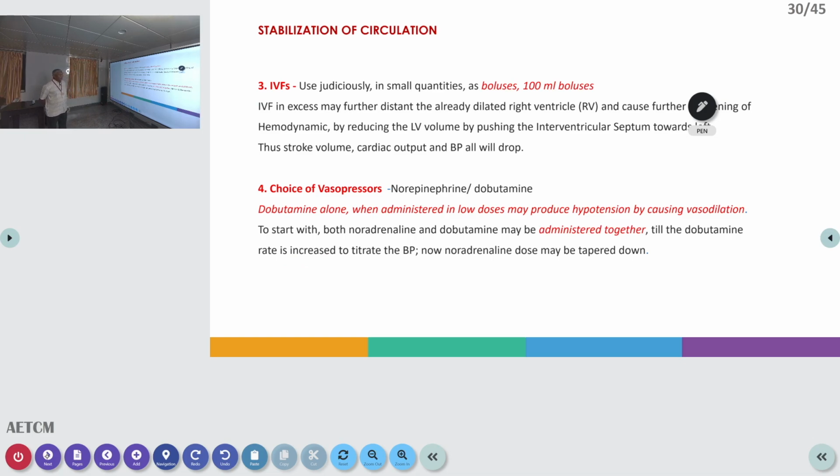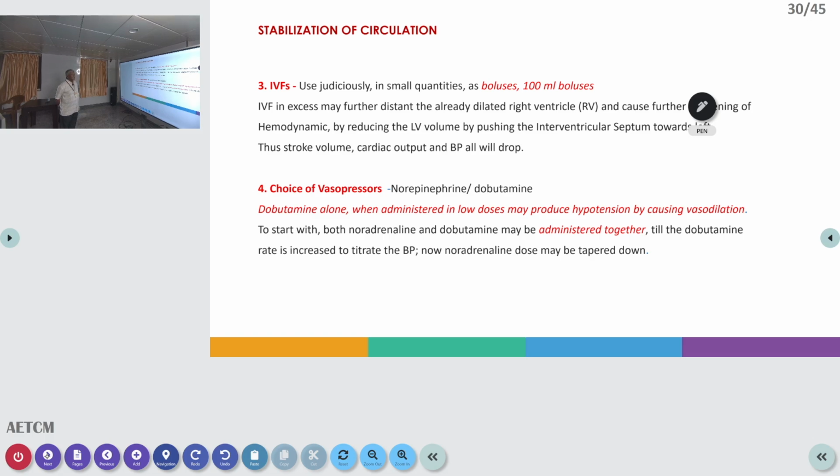And then IV fluids, here again you have to keep in mind, this is not a hypovolemic shock or any other cause. This is because of an obstructive shock. So the more amount of fluid you are giving, the more deterioration the patient will go for. So remember, only boluses of 100 ml, slowly we get to institute the IV fluids. Okay. Then regarding the vasopressors, norepinephrine is the choice.